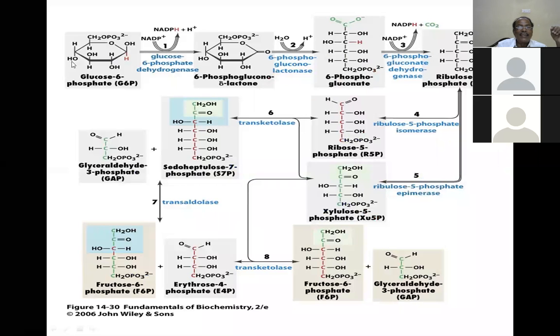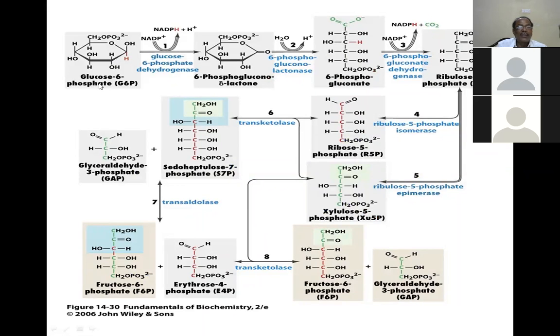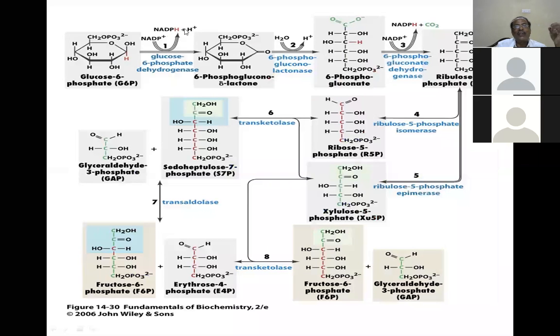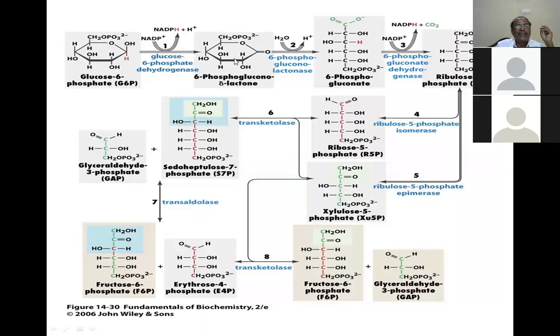So now this is being shown, the chemical rearrangements and other things are being depicted. Glucose 6-phosphate, glucose 6-phosphate dehydrogenase, with NADP participating and NADPH produced. After losing the hydrogens, here is a hydrogen, and then what has happened? Here you see